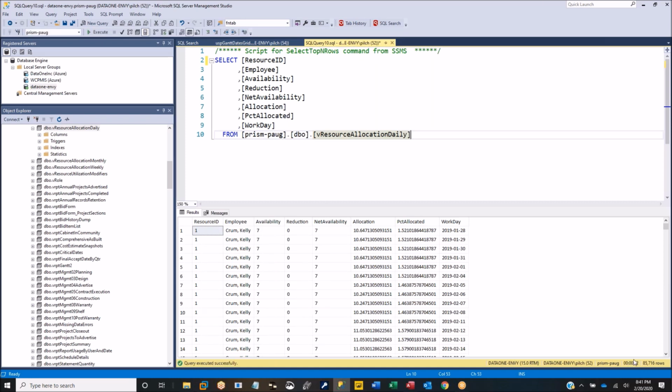So there we have 85,716 rows, but the workday is what that function returns. Everything else is returned by the rest of the view. So if we go into the view now,